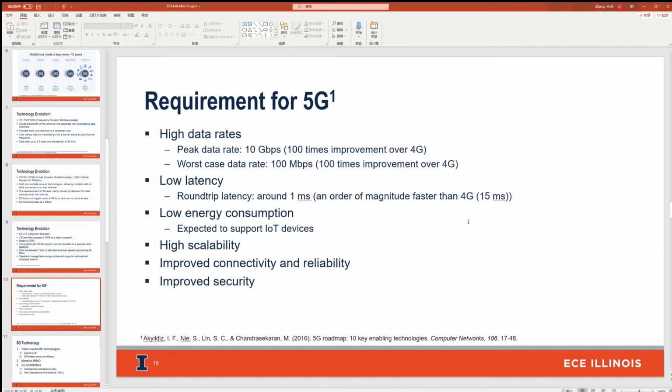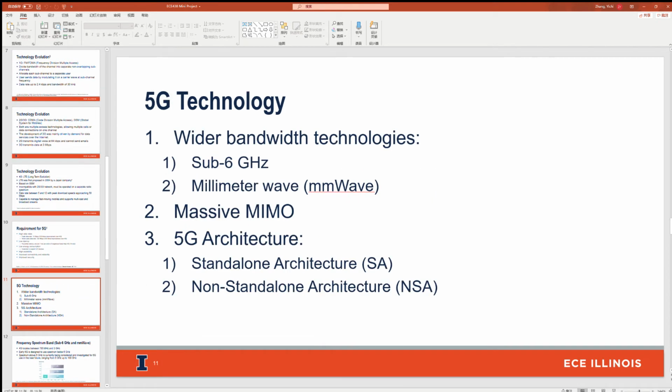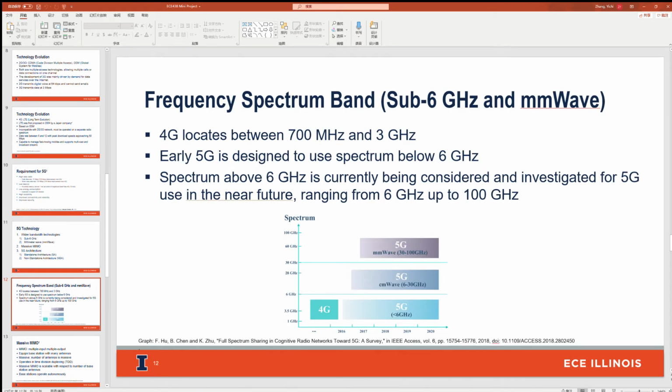So how does 5G work? While current technologies are working so far, they are not an optimal approach when the subject is 5G. New modulation and coding schemes are being exploited, and some of them already have shown decent results. 5G uses the 5G New Radio air interface alongside massive MIMO technology. 5G also uses wider band technology such as sub 6 gigahertz and millimeter waves. 5G is supposed to have two architectures, the SA and the NSA. So now let's talk about each of them. So what is sub 6 gigahertz and millimeter wave?